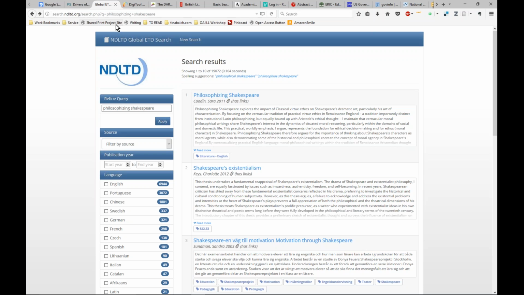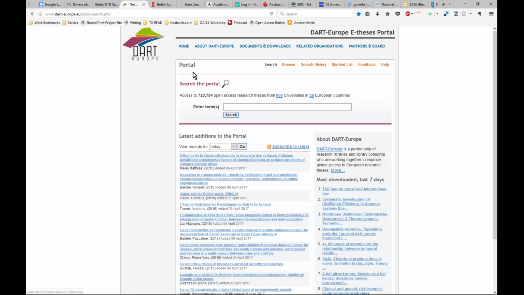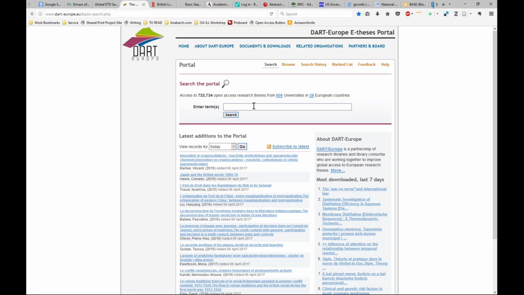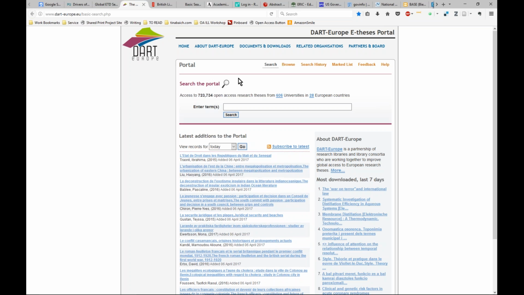So if you're looking for non-US ETDs, that could be a good place to start. And some of these, it'll just depend on which search interface you find most useful or user-friendly. The next resource, still talking about ETDs primarily, is Dart Europe, and this is a compilation of libraries and